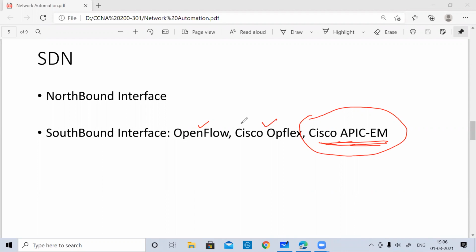As I mentioned, the northbound interfaces can be a GUI, or scripts and APIs written in Python, Java or any other language, so that you can retrieve information from the controller and thereby configure it. So you can have anything in the northbound, and in the southbound we have all these things.